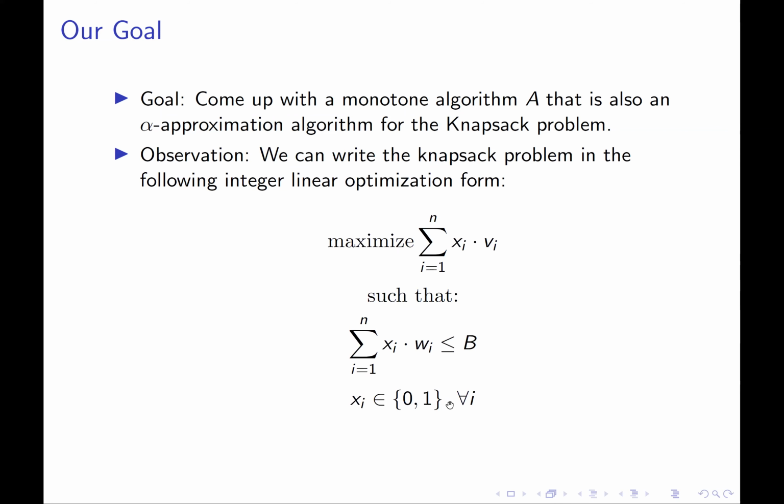And think about x as really just being the indicator vector for the set of winners in our auction. So the semantics of these variables are such that if xi is 0, that means that bidder i is not a winner. If xi is 1, that means that bidder i is a winner. So we're trying to solve for some solution over these variables xi. We're going to choose for each bidder i whether they win or whether they lose.